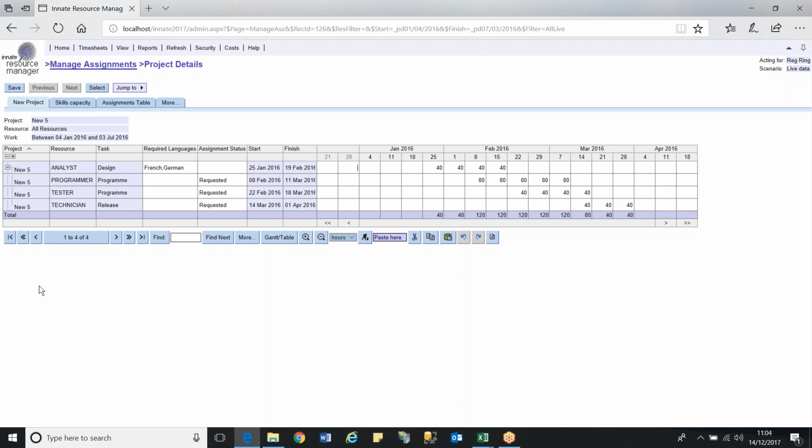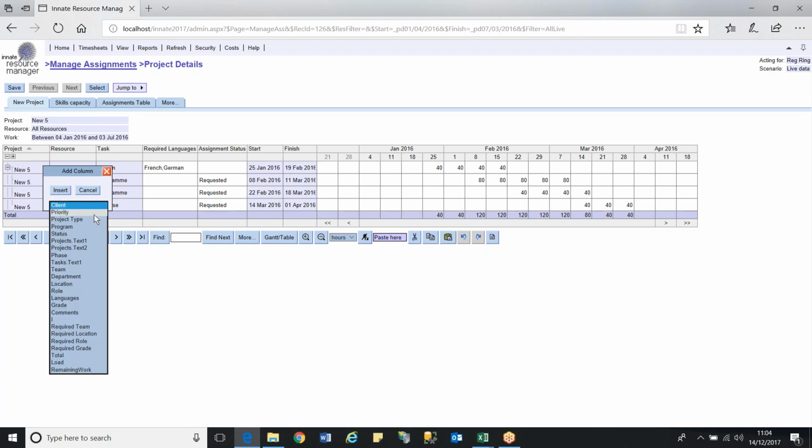We can put in as much or as little detail within the project breakdown structure or work breakdown structure as you wish. My example here is showing that I've just got project and task in my work breakdown structure. I could, however, insert columns from the database that enable me to say the project is part of a program,